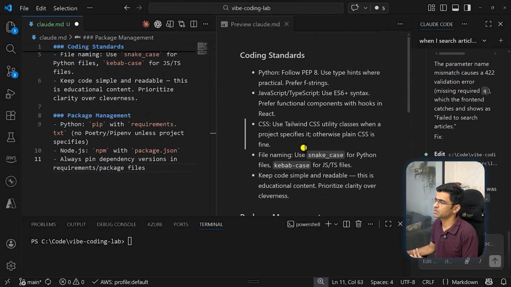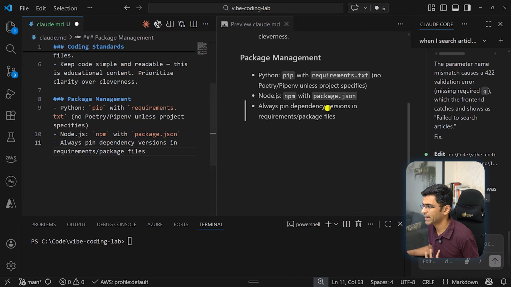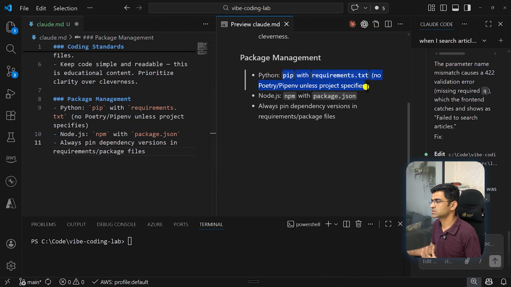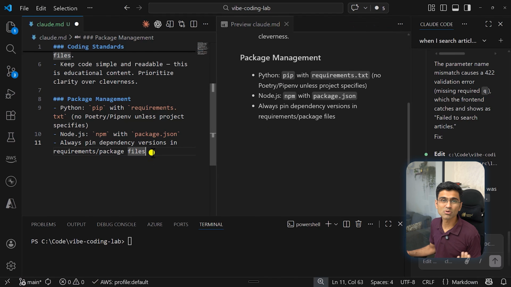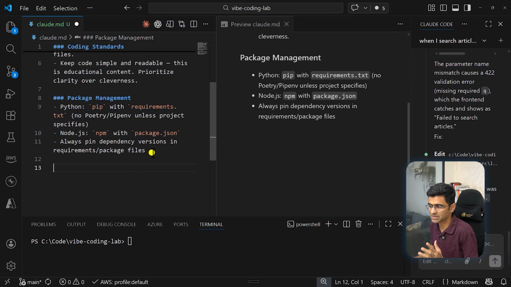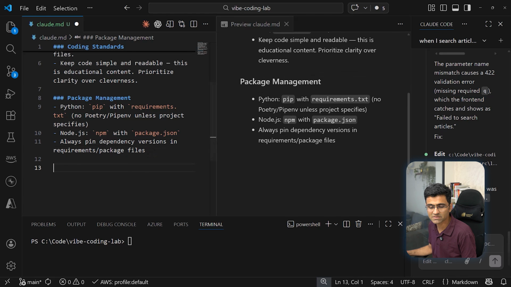How in this particular project, this is how we do package management. Some projects use pip, some projects use UV. Claude is not going to know magically all of that. So in your organization, in your team, if you have a practice that you follow, then just specify it in this. You can also give some other instructions such as, okay,